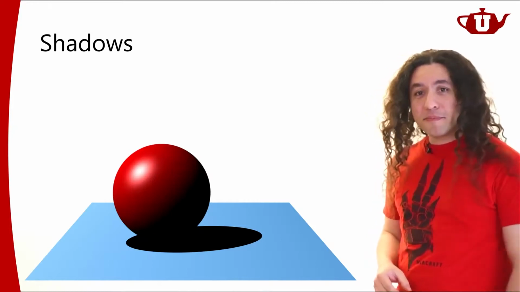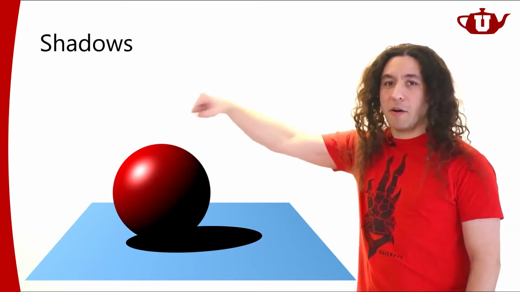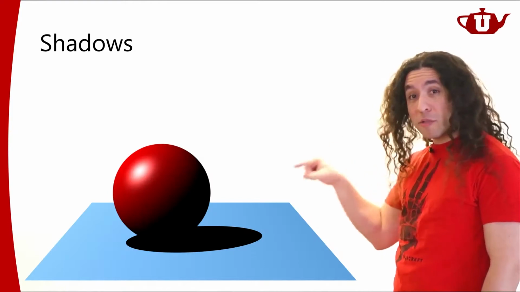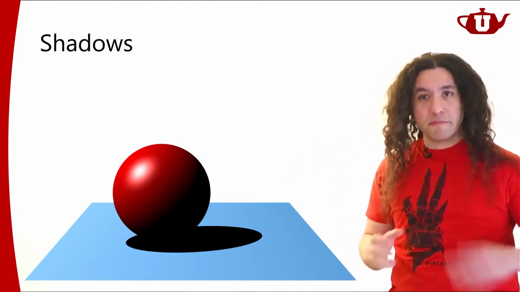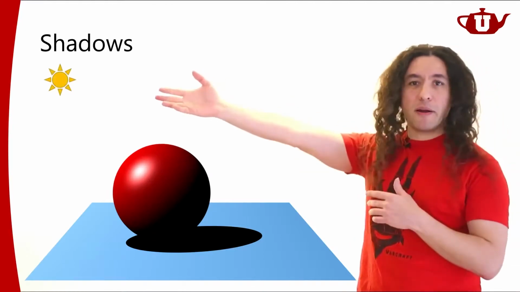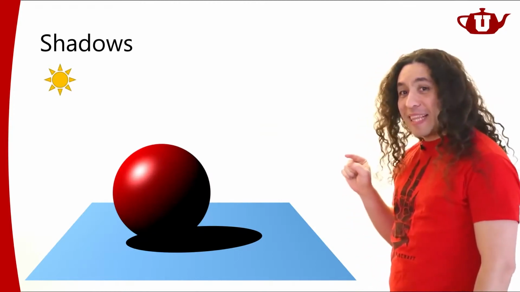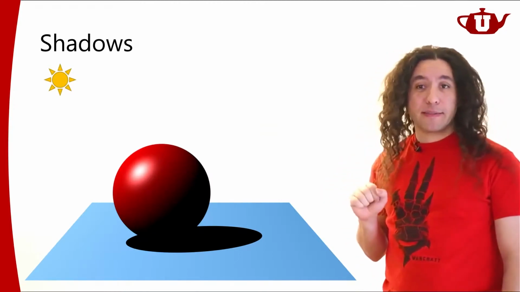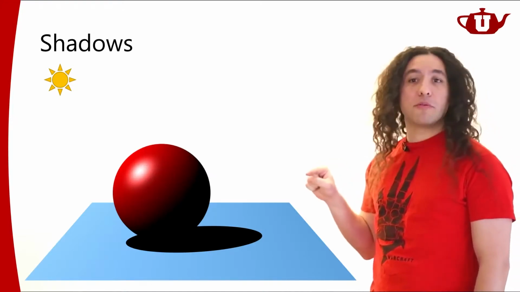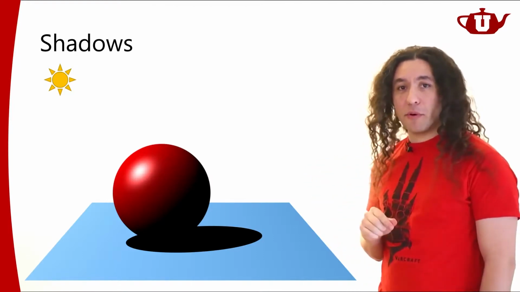Another thing you can tell is probably where the light source is. This specular highlight on the ball is also giving a hint about the position of the light source, but also the shadow. Just by looking at the shadow, you can have a guess about where the light source is. Let's say it's somewhere here. All right, so that's where the light source is. Now, this is a very, very important effect. This is something that we would like to be able to compute properly. Let me show you why this is very important.